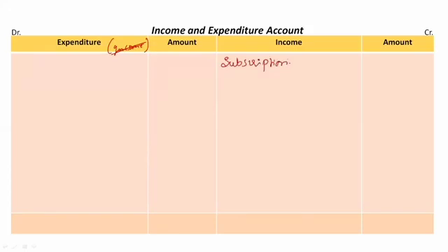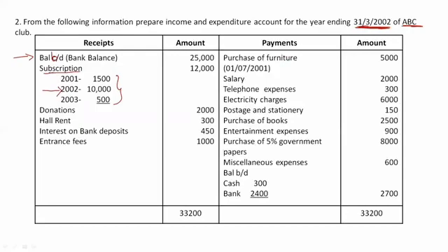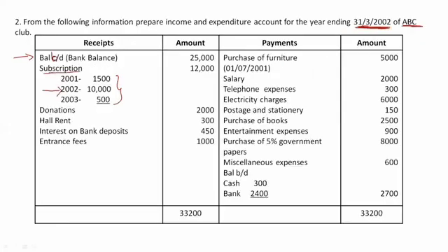So before mentioning the amount, check, do we have any adjustment relating to subscription or not? It's very important. Or you can also do one thing: before solving the question, go through all the adjustments and check for what all items we have adjustments. Suppose here the first adjustment is related to salary. So in the receipts and payments account, put a star mark near salary. Whenever you are referring to that item, you will immediately come to know that there is certain adjustment related to it, so you should not miss it. Clear?